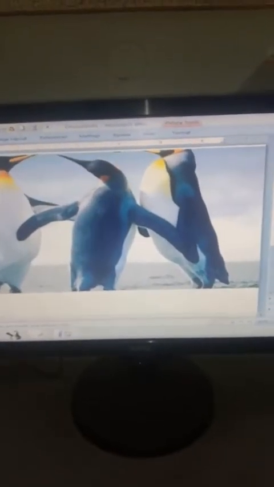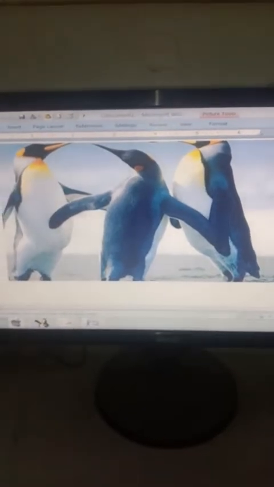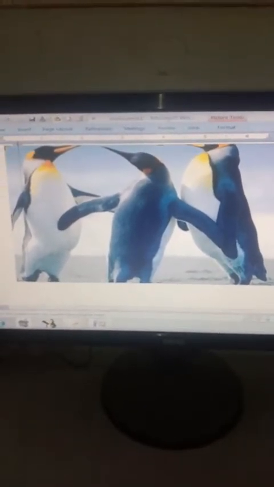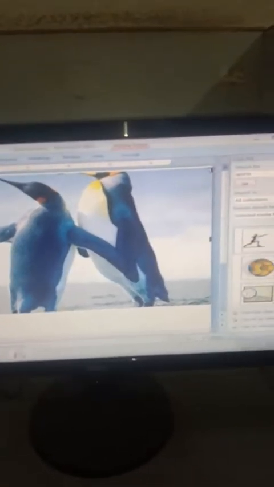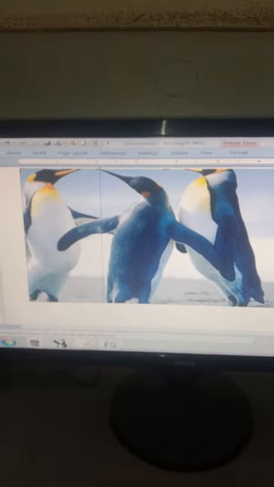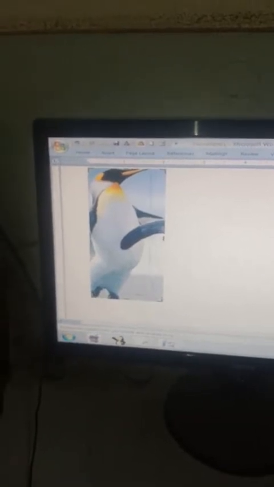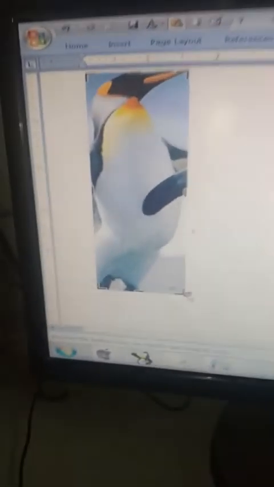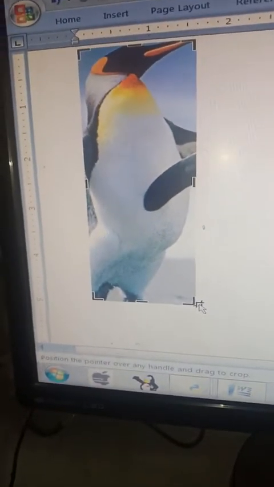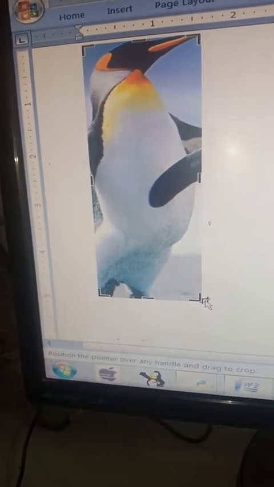Suppose I am dragging this, but the size of these two, so now I am cropping it toward this way. As soon as I bring the cursor over here, it changes into this shape. Look, this is the cropping method that I have done. And look, the 2 penguins got removed over here, and only the third penguin appeared over here.